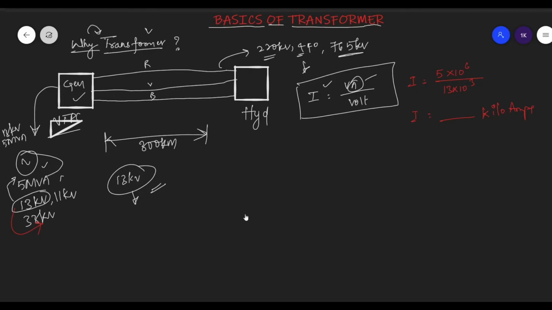From the very basics, like in the first year in material science or engineering materials, or in the basics of network theory, we have learned that the current carrying capacity of a conductor depends upon the cross sectional area of the conductor. Cross sectional area, in simpler terms, is nothing but the width of the conductor. So the current carrying capacity for a given conductor depends upon the cross sectional area.